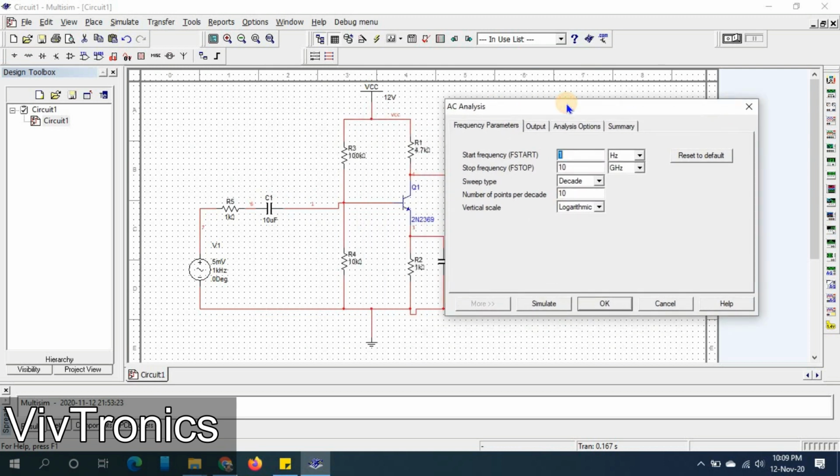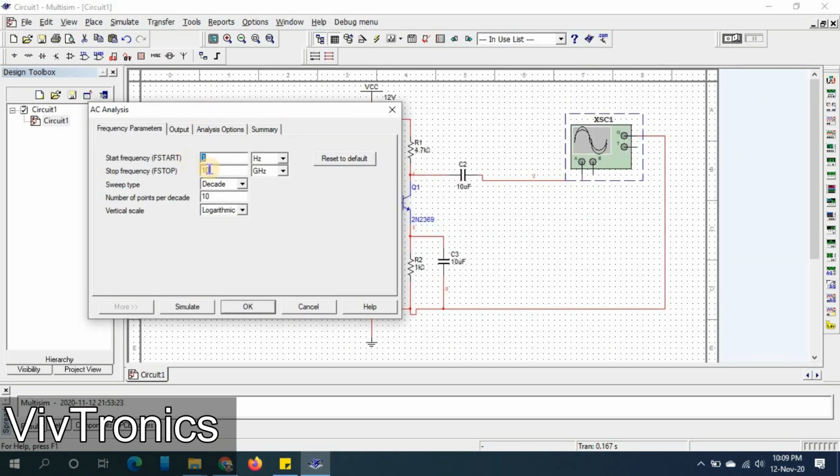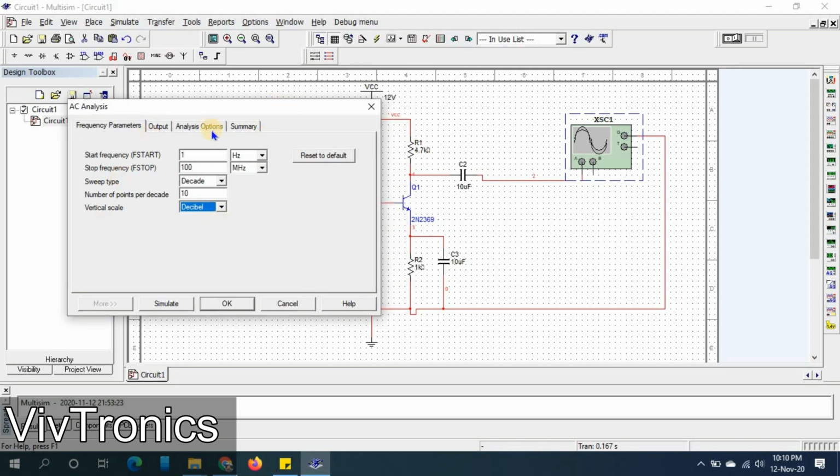Here we have to select the input frequency range from 1 Hz to, suppose I am taking, 100 megahertz. So my graph is from 1 Hz to 100 megahertz. Sweep type should be decade, the number of points per decade should be 10, and the scale should be decibel scale.